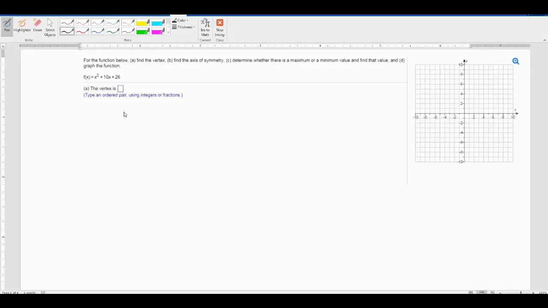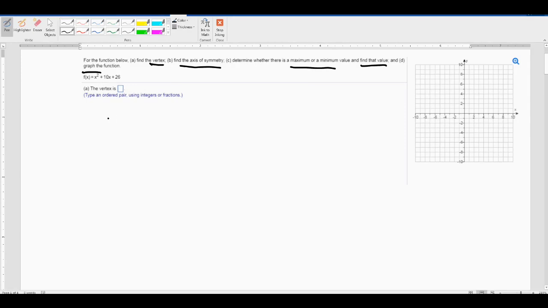For this problem, we're given this function. We're asked to find the vertex, axis of symmetry, determine whether there's a max or min, and find that value. We're going to graph it. Now when you look at this function, it is not in standard form, which means we need to use the